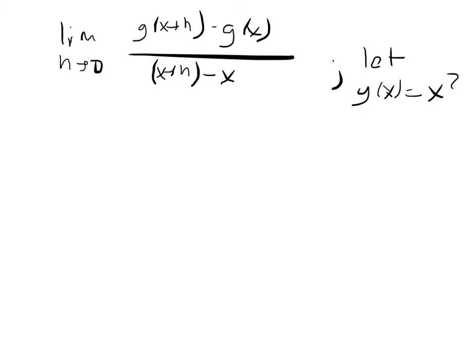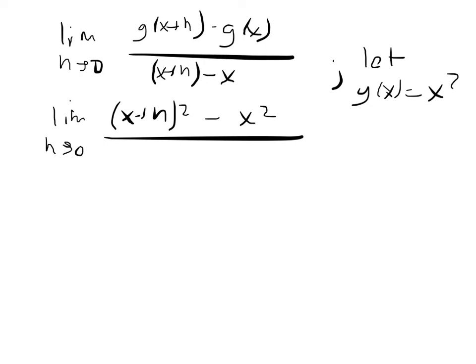function x squared. For x squared, we'd be looking at the limit as h goes to 0 of g of x plus h minus g of x. If g of x is x squared, it's going to be x plus h quantity squared minus x squared, over h. X plus h minus x is simply going to be h. And again, if I plug in h as 0, I get x squared minus x squared at 0 over 0, nebulous, indeterminate